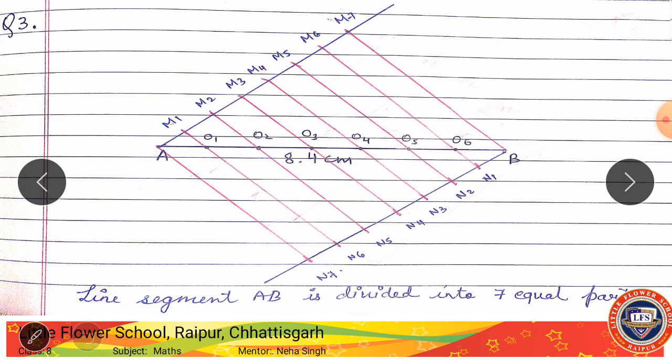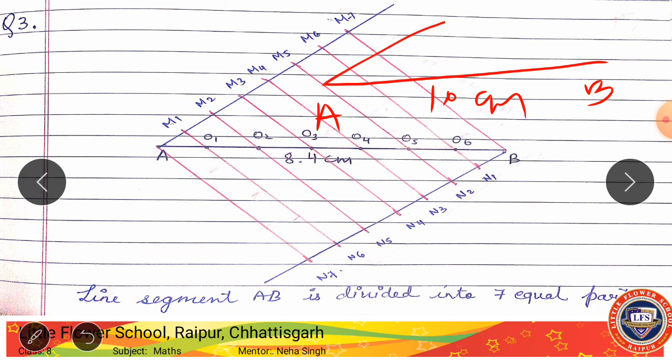I'll explain it. Here you will draw a line AB of 10 centimeter as it is given. Then you will draw acute angles, right? Then how you can draw arcs, I have explained. 2 plus 3 is 5, so you will draw 5 arcs, 1 2 3 4 5 of equal measurements. You are going to draw it with the rounder. I am just explaining it here in a rough way, right?